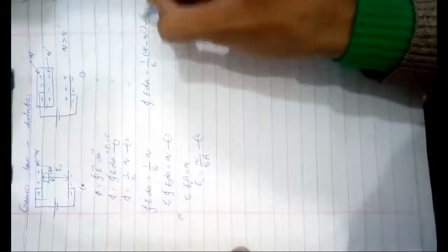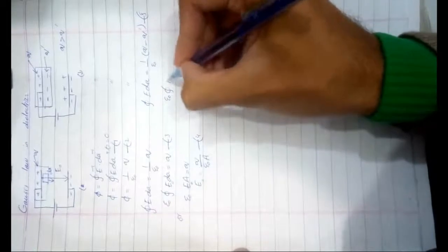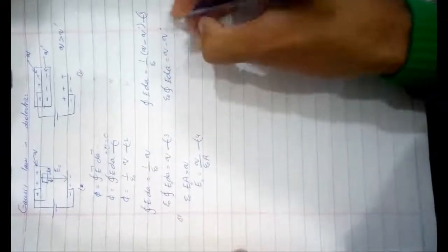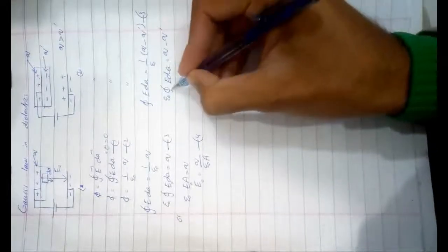This is equation 5, and from this equation we can write epsilon naught closed integral E dA equals Q minus Q prime, and by applying integration here we have